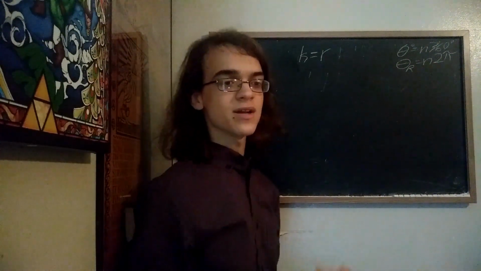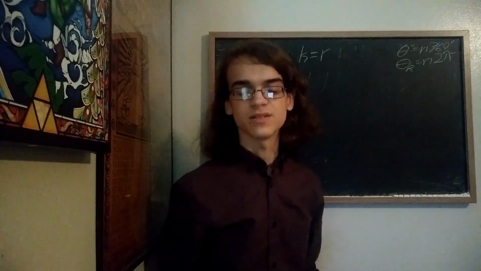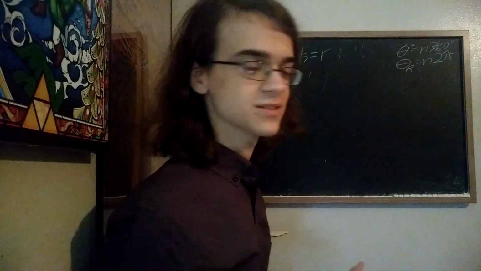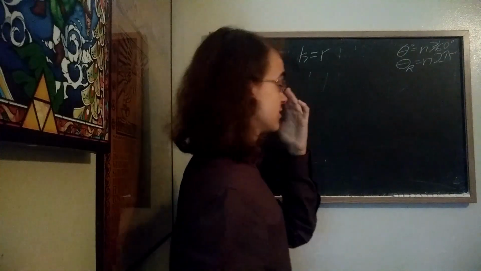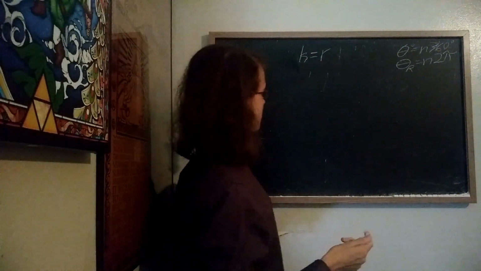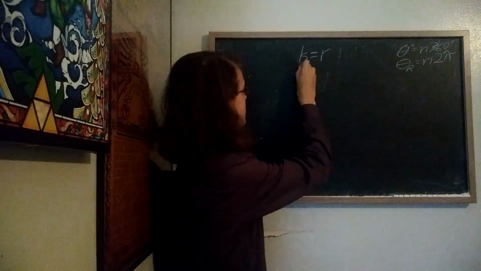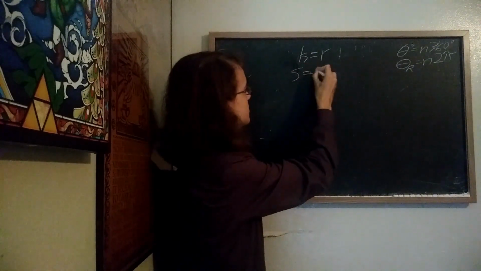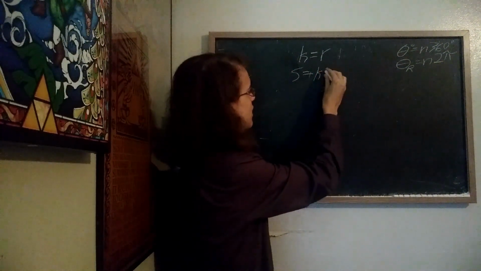So the radius of our new circle will be this scaling constant. So if we considered some other part of the circle, let's say our sector, it would be the scaling constant times our